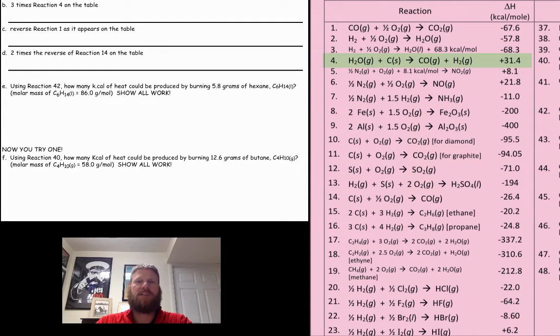Next, we need to take 3 times reaction 4. Delta H is positive for reaction 4, which means the enthalpy value needs to be written on the reactant side, the left side of the arrow. When we multiply a reaction by an integer, we must also multiply the enthalpy value by that integer. Therefore, the reaction would be 3 waters plus 3 carbons plus 94.2 kcals of energy results in